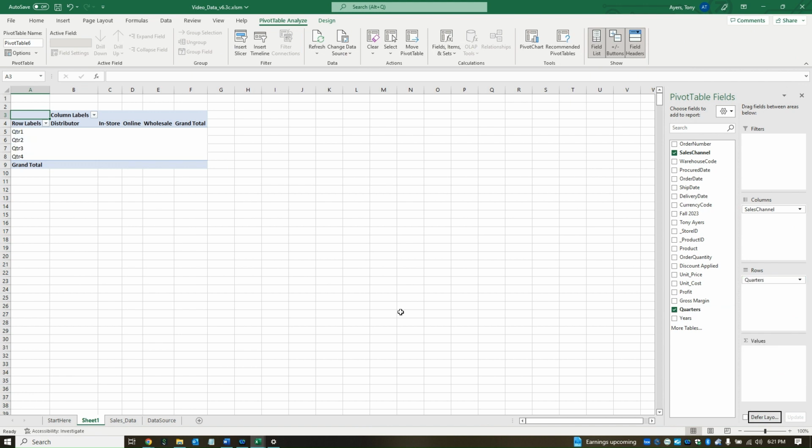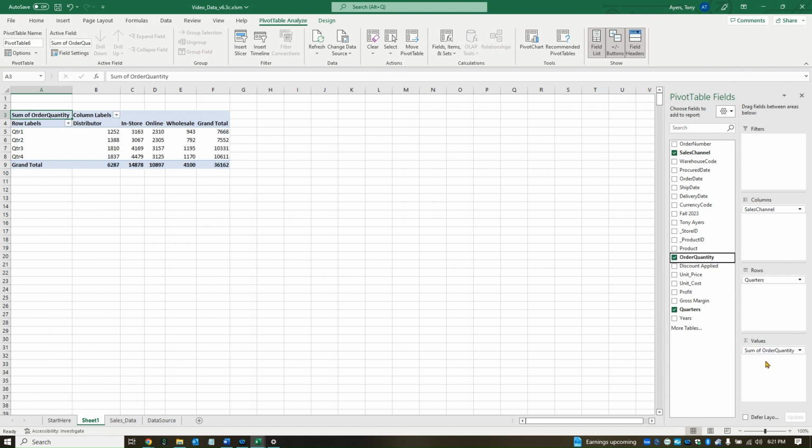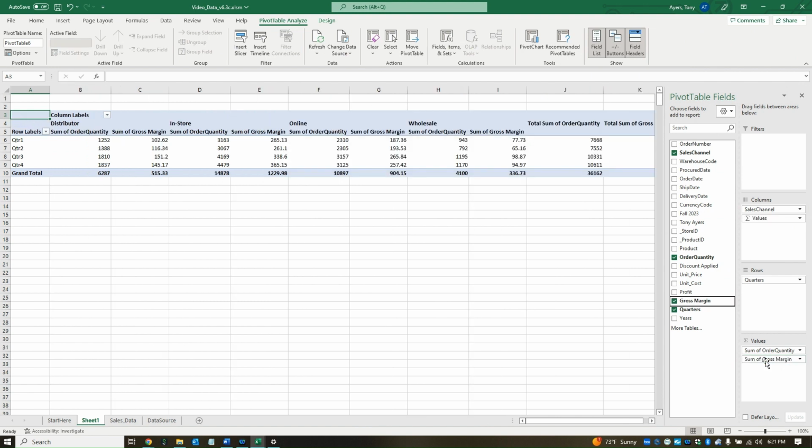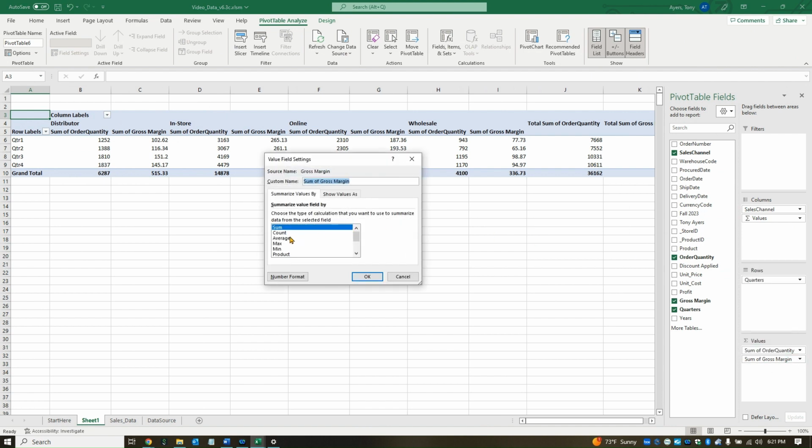Now let's add two calculated values, gross margin and order quantity. So we're going to go over to order quantity and move that over to values, and gross margin and move it over to values as well. Now, for gross margin, I want to look at the average of gross margin. So click on the downward triangle, value field settings, click on average,